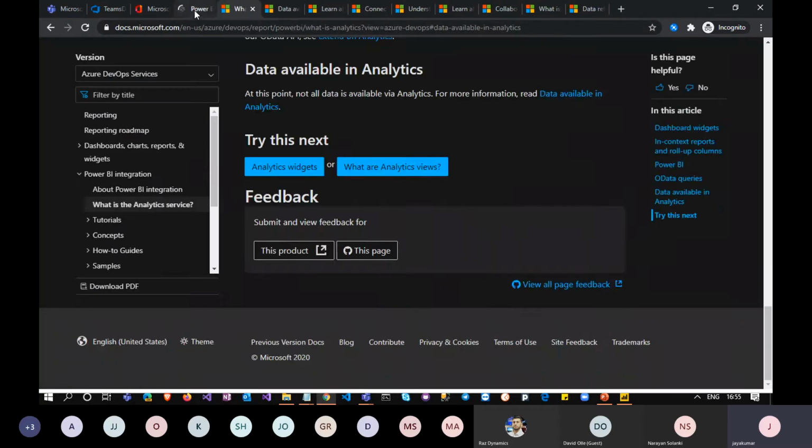I think I have some bad network, so Power BI pulls in the report and it is taking some time to load. I just want to show you how the workspaces work.